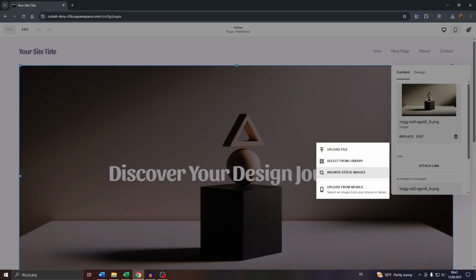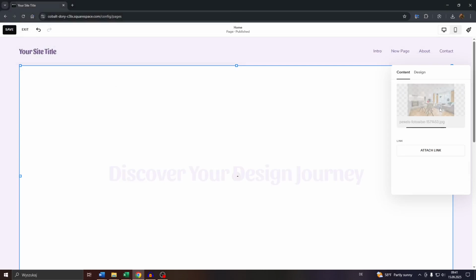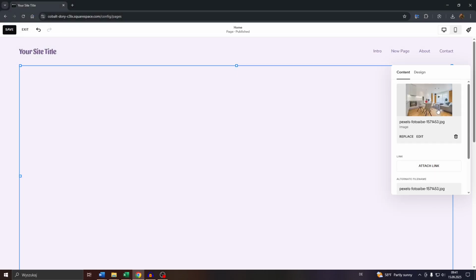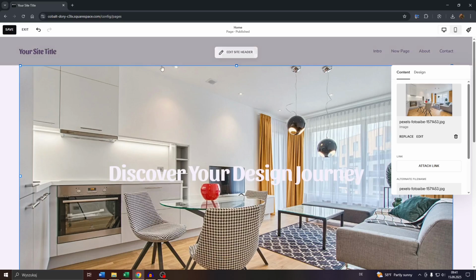So let me go with upload file here. And after that, locate the given file in JPEG or PNG on your device. So let me go with that photo. Wait for the upload process to be finished. And there you go. As you can see, your new image or background image has replaced the previous one with